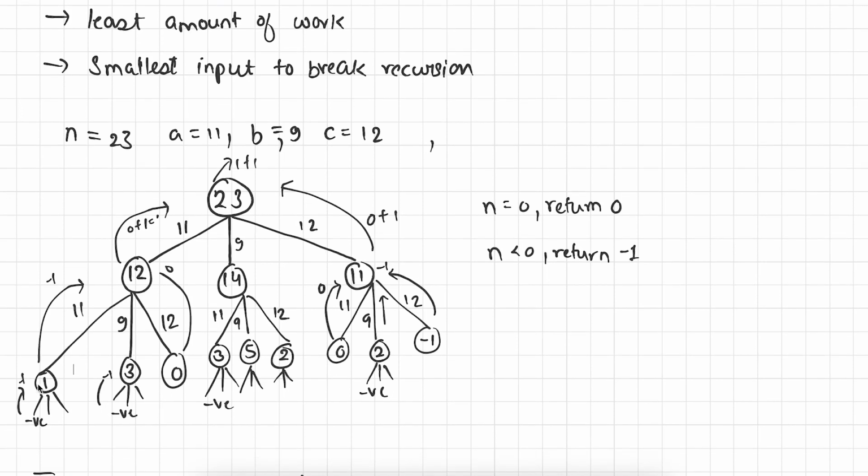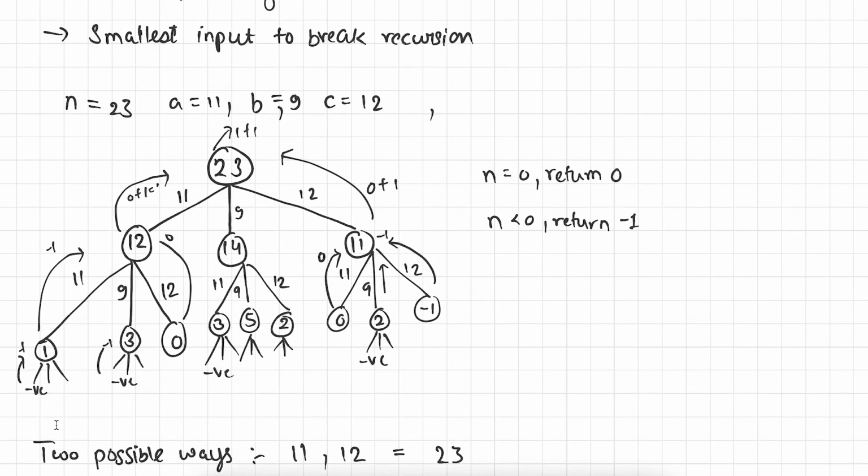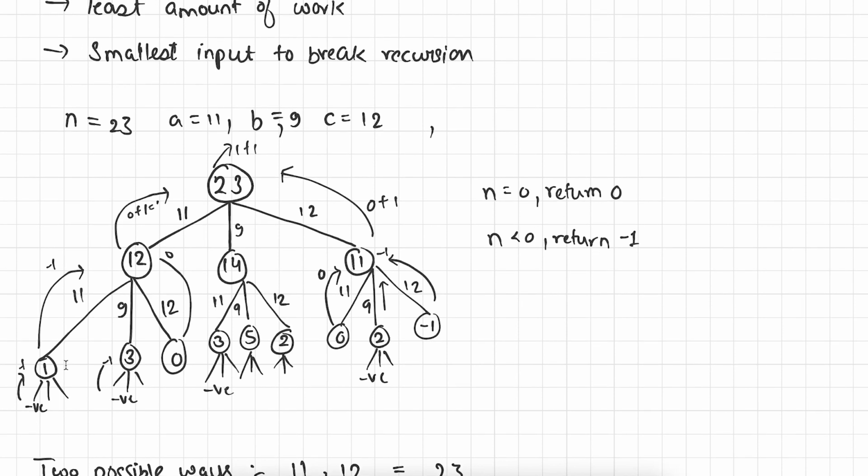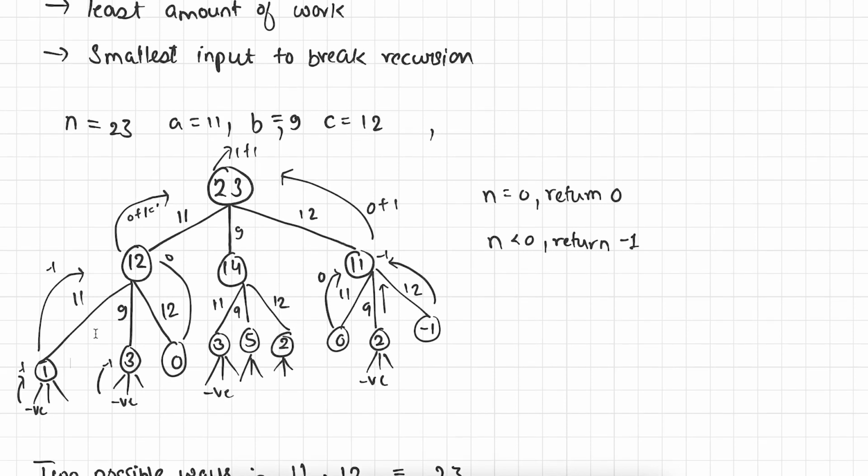And again, if we follow the same steps on 1 and 3, we end up getting negative numbers. Why negative? Because the length of the remaining rope is 1 and we are going to make a cut of size 11, so 1 minus 11 is going to be a negative number. But in the case of 12, you can see the size of the rope is 12 and we make a cut of 12, so we end up getting a rope of size 0. This means our rope is finished.